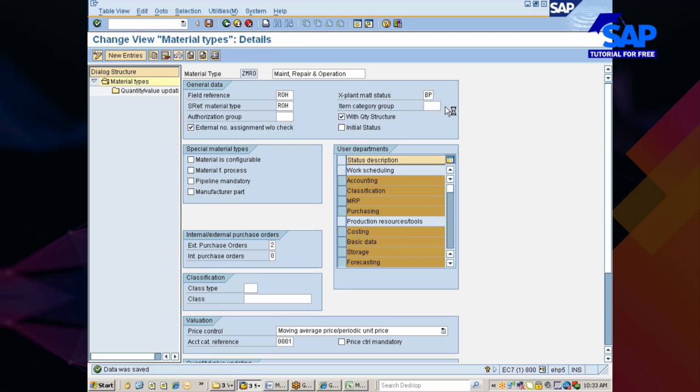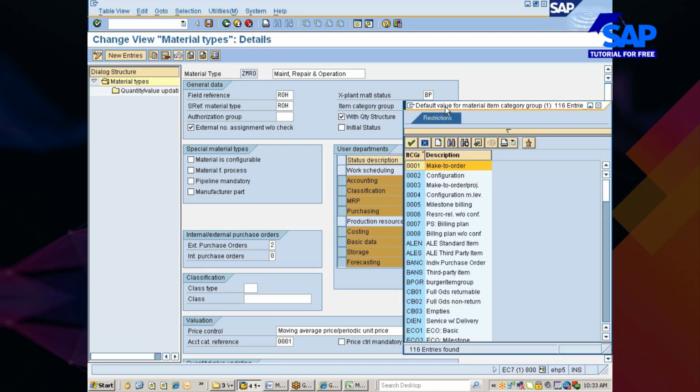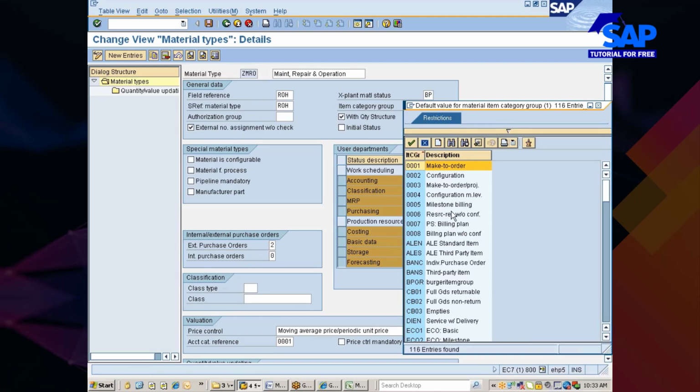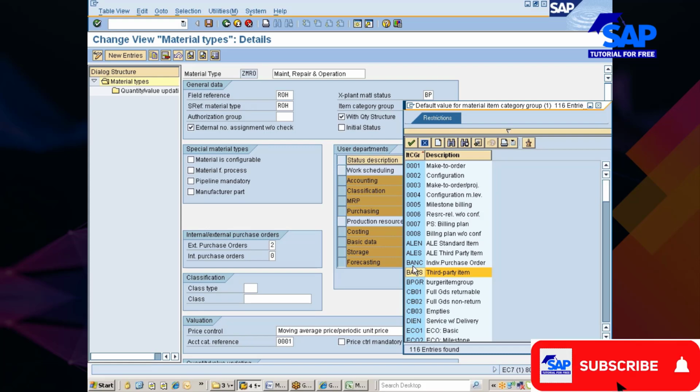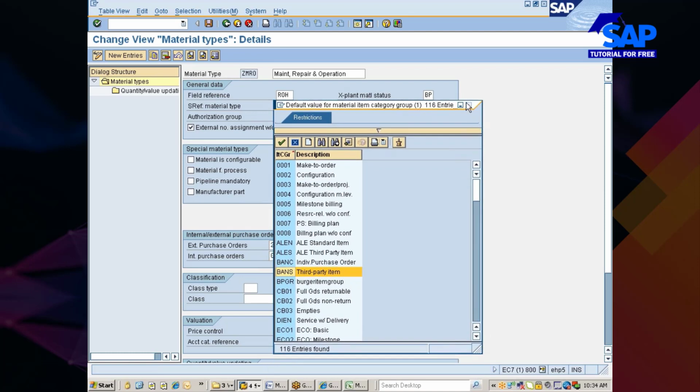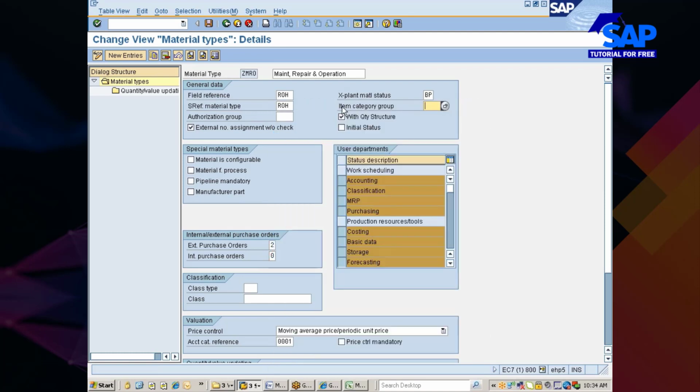Next, you see here there is something called item category group. There are different item category groups which we use especially in the sales and distribution module. We will use item category group BANS for the special procurement scenario where certain material needs to be procured from somebody else and delivered to someone else. That is called special procurement, third party sales order processing. So similarly, you can default an item category group.